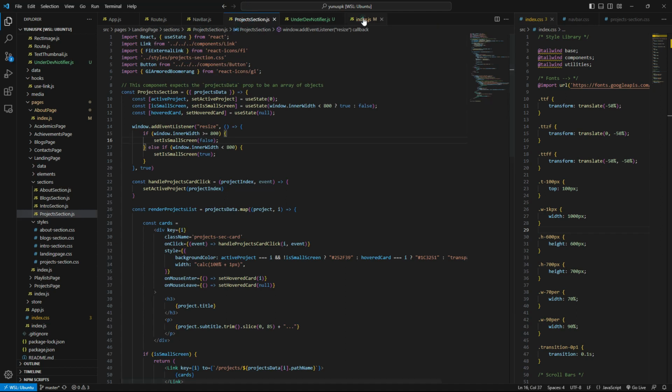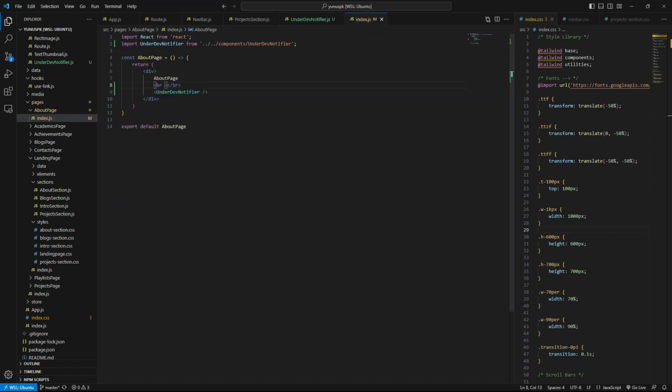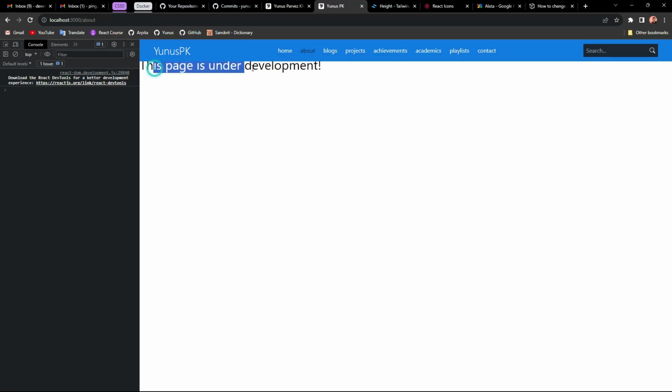And in the index again, not about page, in the about page we're gonna have another break. Okay, now we can see that this thing is there, but why do we need that break?